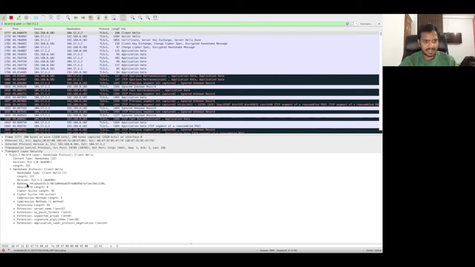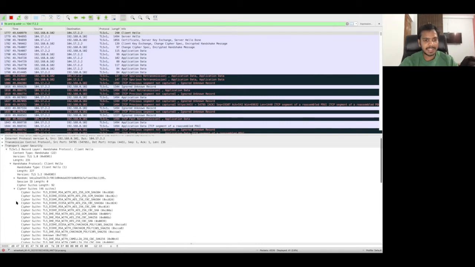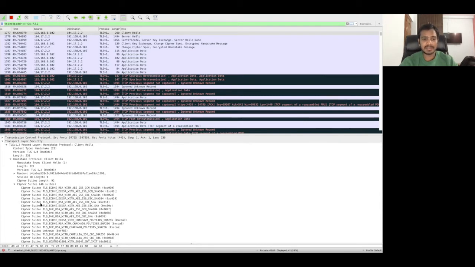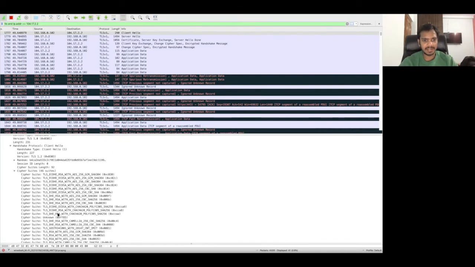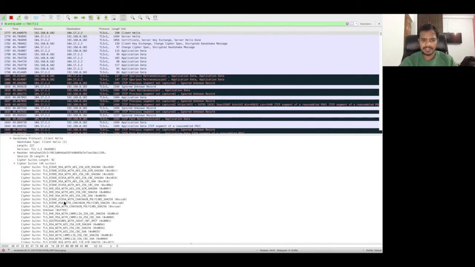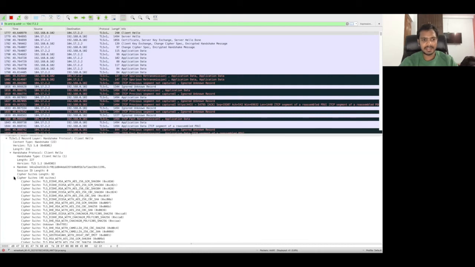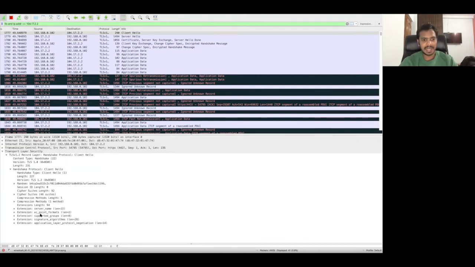A client random. That's why in the first step the client sends a client random from its side. Also here the client has mentioned the TLS version it is using, TLS 1.0. You can also look at the cipher suites; it will send the whole list of algorithms or cipher suites that it supports. You can see names like RSA and Diffie-Hellman, all of these will be there in the cipher suites, right? So this is the client hello message.